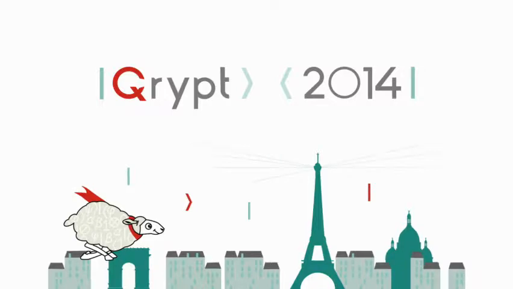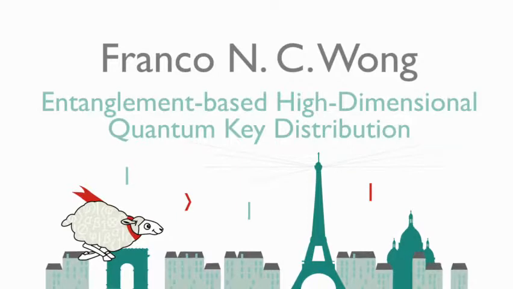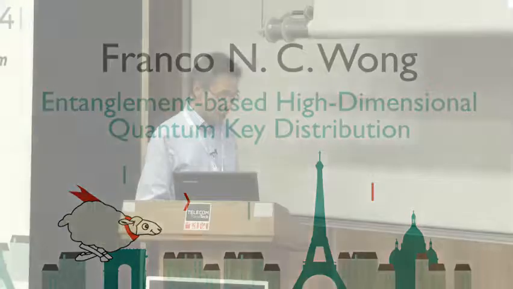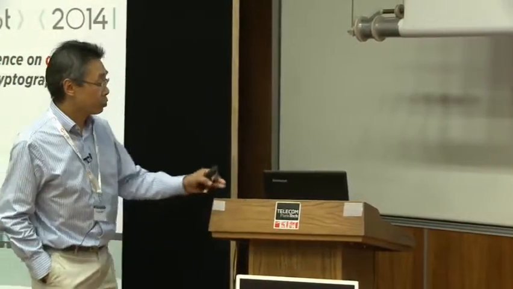Today I'm going to talk about entanglement-based quantum key distribution with high dimension encoding. And this is work done at MIT in collaboration with NIST and JPL. So first of all, I'd like to start by saying why we might be interested in high dimension encoding and